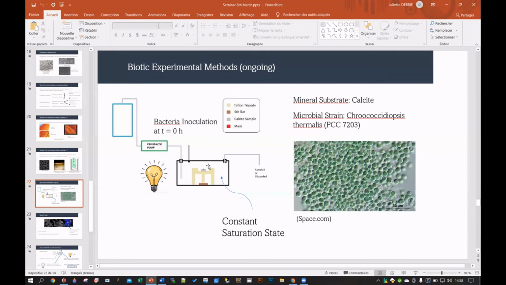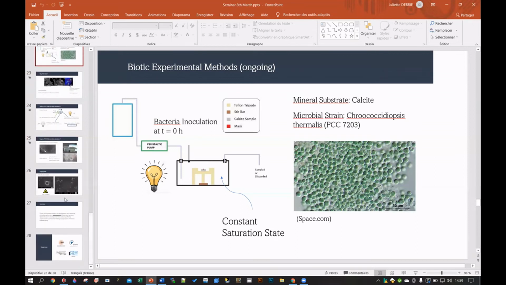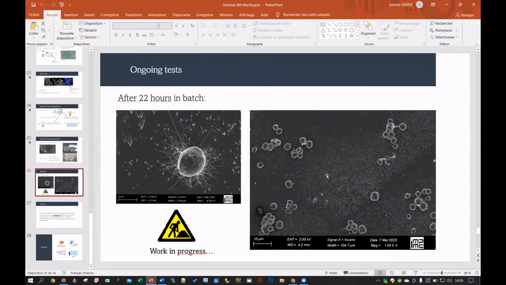Yeah, because we are testing different things. So we started by using BG11, the medium that we use for optimal growth of the bacterial strains. But in that case, you could have precipitation of many mineral phases, and so maybe it's not the best idea. So what we tried in this last test, from which we get these images, is to work with a very simple medium with just sodium nitrate and sodium bicarbonate, and just adding a drop of a very concentrated